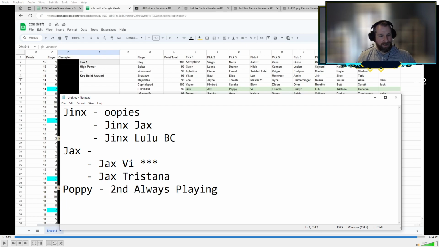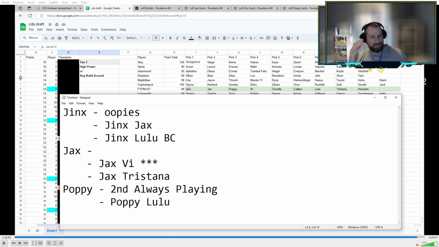I do love playing Poppy. She's one of my favorites, and she fits in with a handful of things here, right? So Poppy Lulu is going to be a big one. This tends to be a board control based deck, kind of like Scouts, where you're playing Fleet Feather Trackers and you're playing Petricite Broadwings. Those units get boosted extremely well with Lulu. You get to play stuff like Vandal City Mayor, since it gets to cheapen up your Poppy and your Lulu,